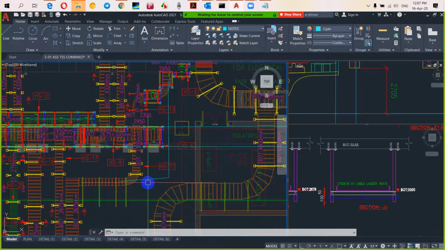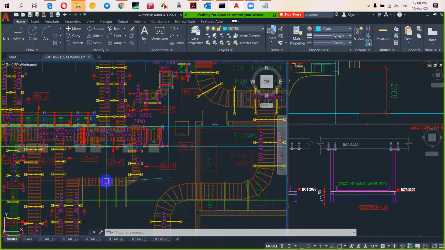And you can use the 750 tray from here itself, wherever you feel convenient, because I am clubbing below the viaduct and after that it will not affect much anymore. So you can club that 750 anywhere. You can start the 750 tray after this column. One column is there right here. After this column, you can start the 750 tray and give the bend like this, so that you can avoid two numbers of trays in this area. So up to here it is 2 numbers? No, up to this area, two numbers I have given right now.